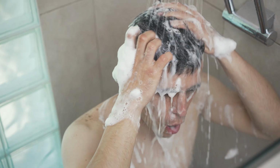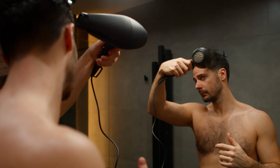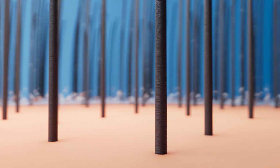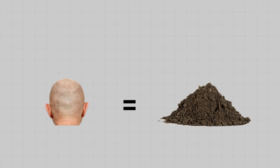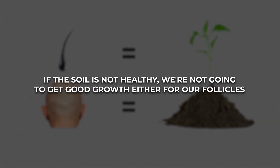So don't be afraid of doing your normal routine, washing your hair like you do usually, using your shampoo, using your conditioner, blow drying your hair, okay? Maintaining your scalp health basically, because if you stop doing that, your scalp health's going to get worse. And think of your scalp health like the soil basically, all right? And the hair is the plant growing from the soil. If the soil is not healthy, we're not going to get good growth either for our follicles, okay? So you need to maintain your